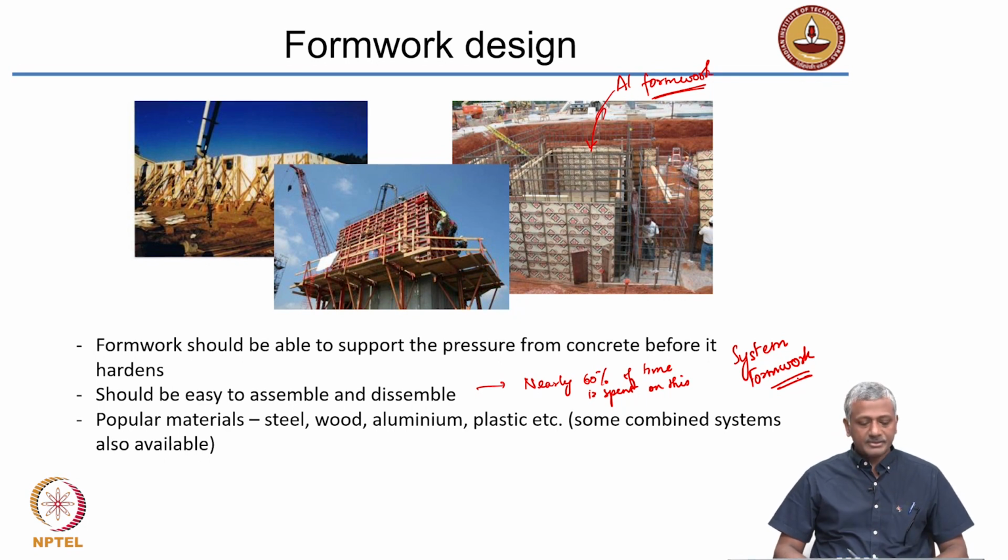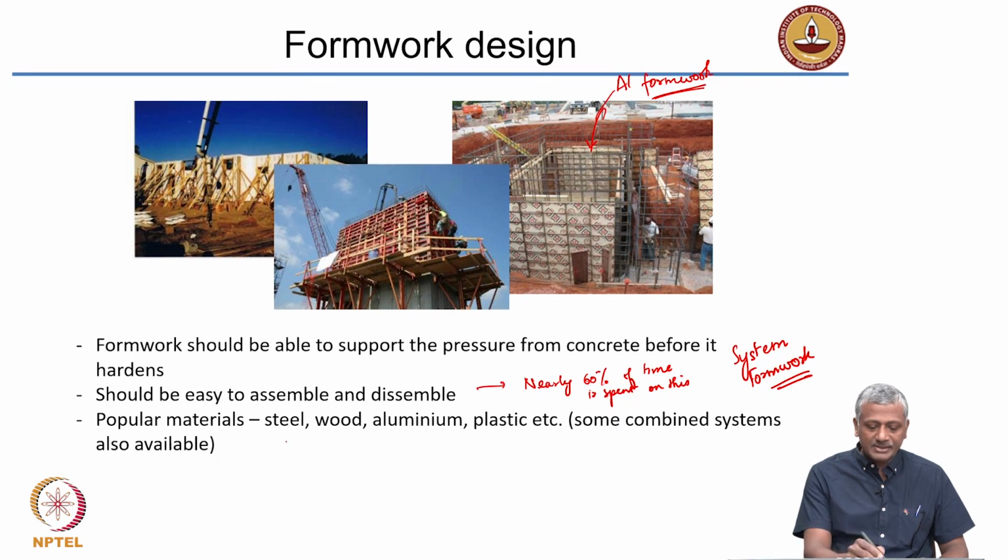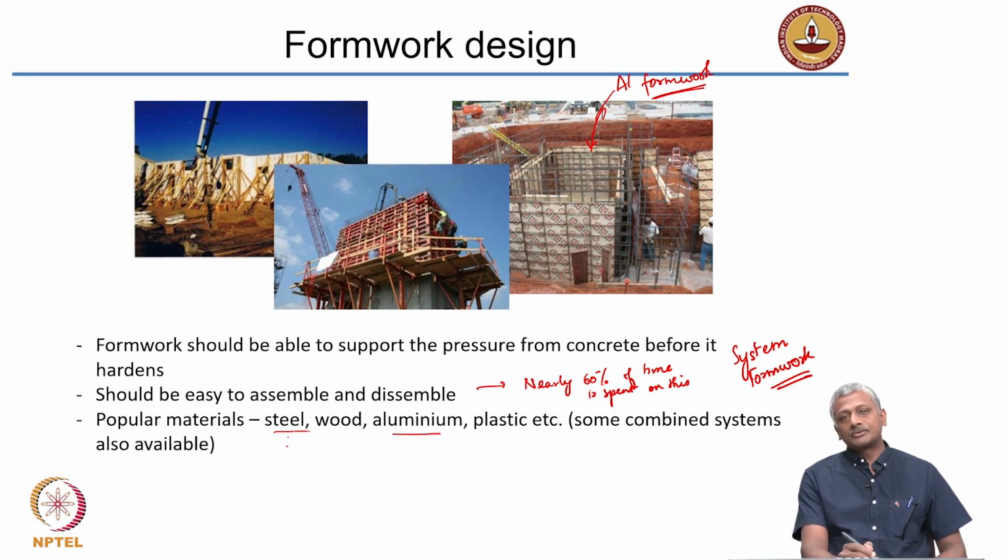Concrete construction practices. Of course, there are many materials with which you can make formwork. As I said, steel and aluminum are highly preferred nowadays. Steel is heavy, so it is difficult to handle. So, aluminum formwork, which is lightweight, has become a very useful material. Wood and plastic, of course, can also be used. As I said, wood is conventionally used in most smaller residential jobs. You will see only wooden formwork being used. Okay? But plastic or fiber reinforced plastic has also started getting used in many construction sites.